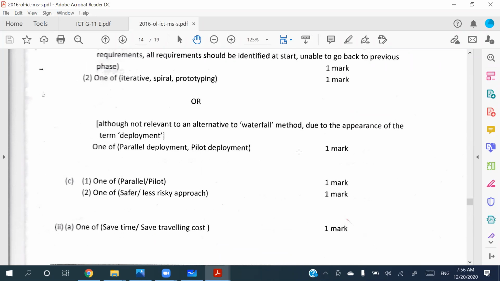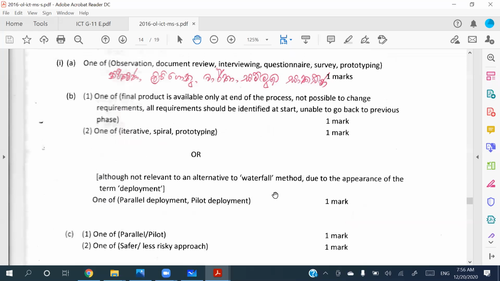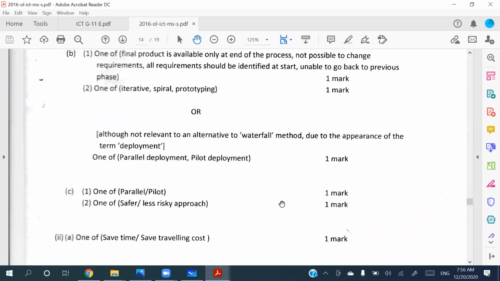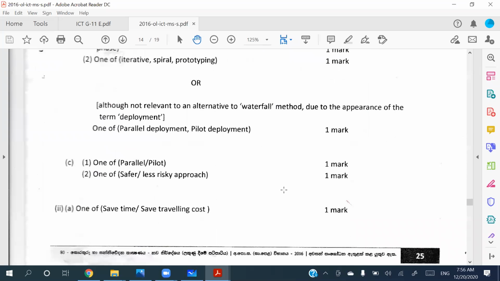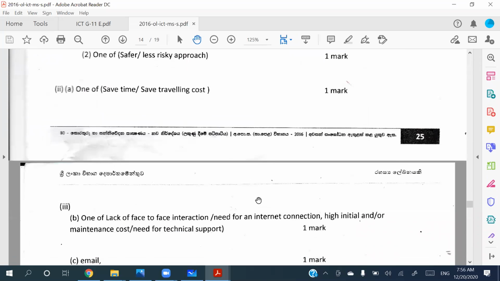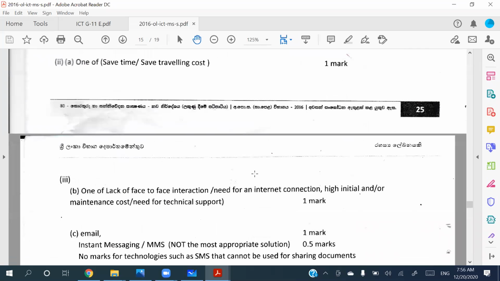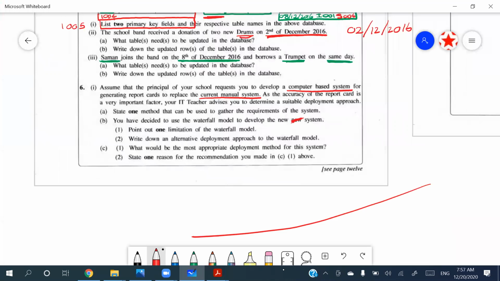All right, so that gives you 1 mark again. So for that part, that is the first part of the 6th question, 5 marks are given, right? And the second part is talking about some video conferencing tools, right? And as the question says,